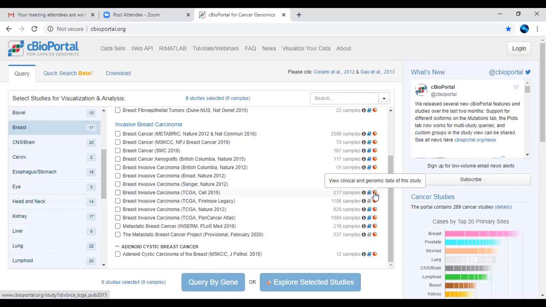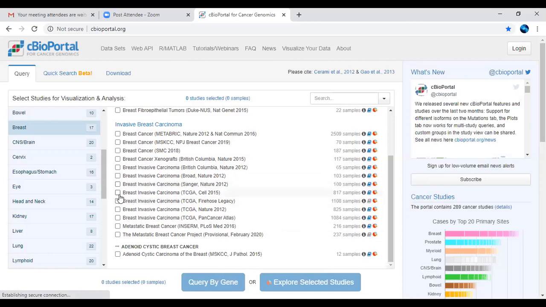So if you are interested to study this particular TCGA invasive breast cancer, then based on your interest, you can see whatever work they have performed by clicking the PubMed link, or else you can directly visualize the data set and the genomic and clinical study they have done with the respective visualization links. So this type of information they have shared over here.